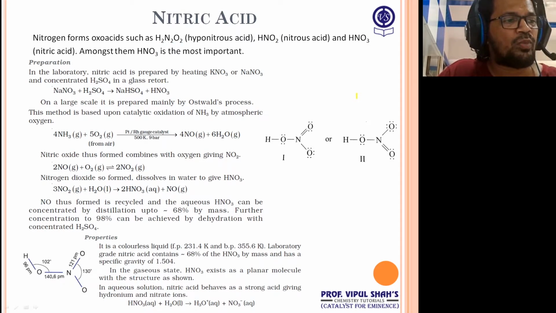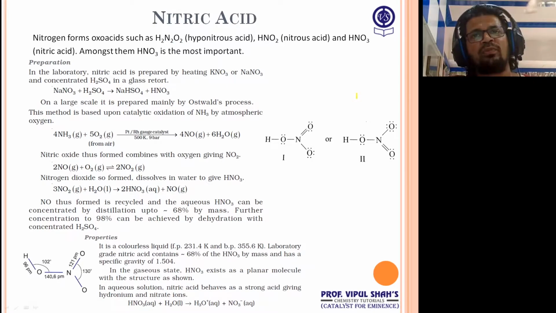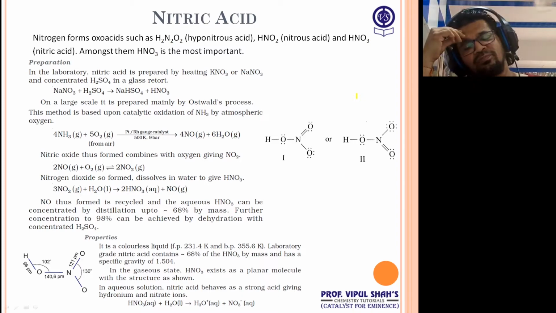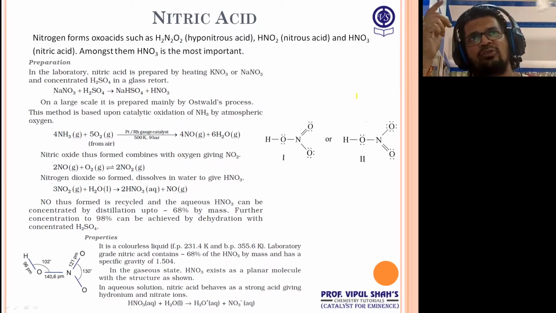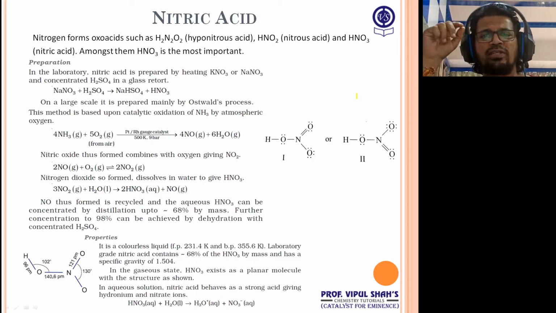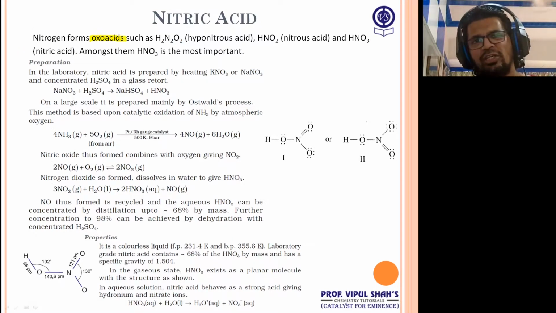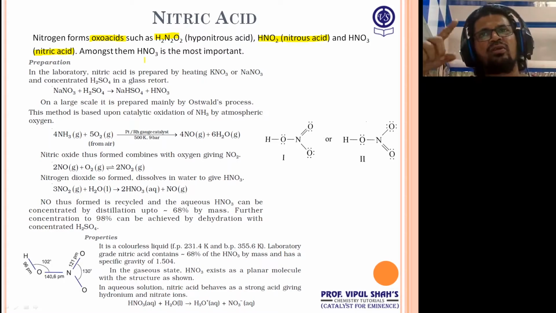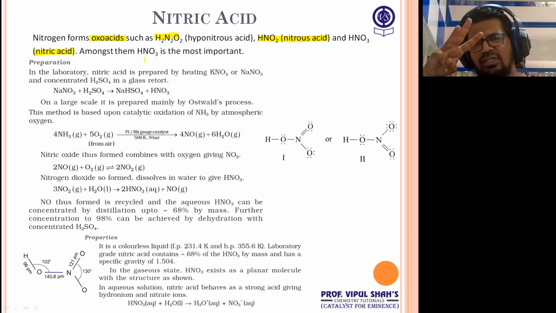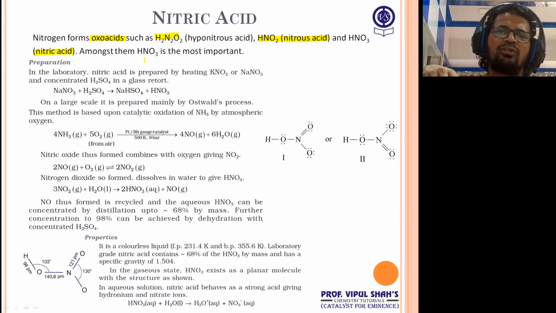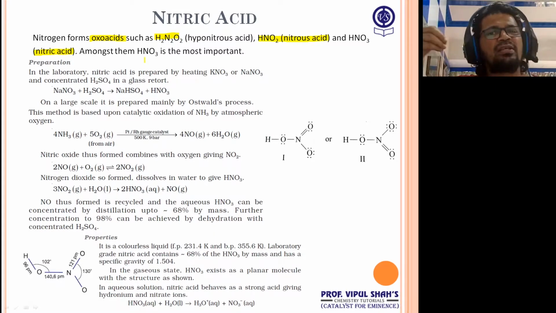Now with respect to the nitrogen part, see this carefully. Nitric acid is one of the important compounds with respect to nitrogen. We have to see its method of preparation, its resonating structures and the properties. It forms a number of oxoacids. We all know what an oxoacid is: oxygen containing acids, like hyponitrous acid, nitrous acid, that's HNO2, as well as HNO3. About nitrous and nitric, nitrous has the lower oxidation state, nitrogen oxidation state is +3, and in HNO3, nitrogen oxidation state is +5.